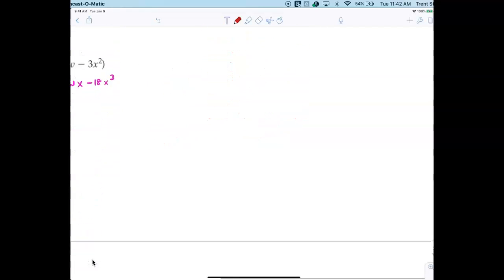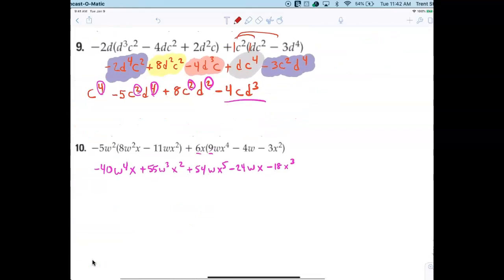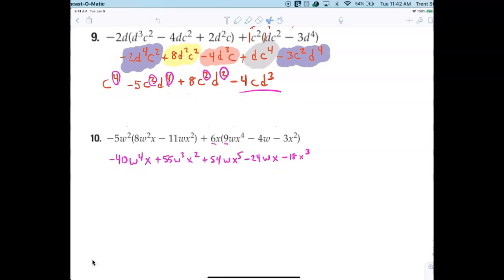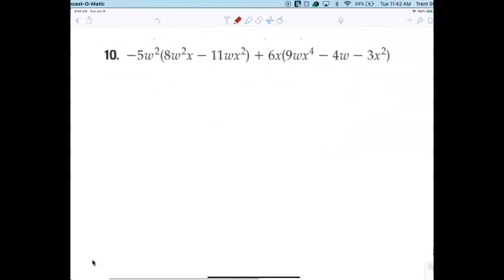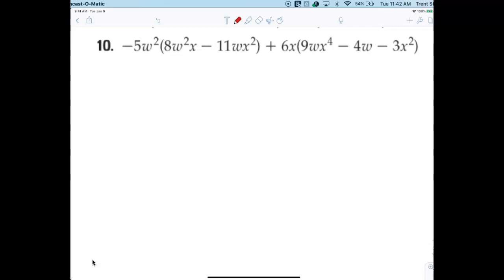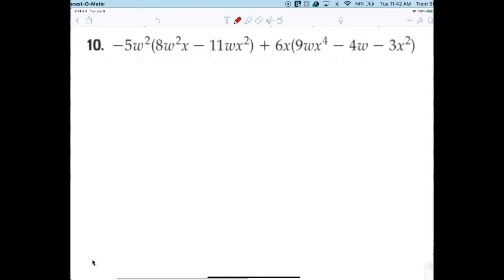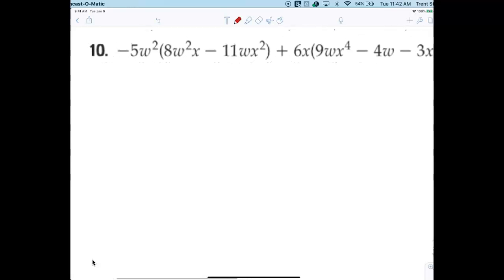All right, Mr. Wilson, you're up. Number 10. Could you zoom in a little bit? Is that good? More like this? Yeah, that's good. All right. So it's negative 40w to the fourth x, just x,